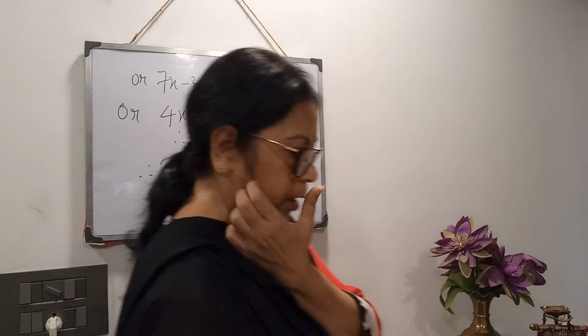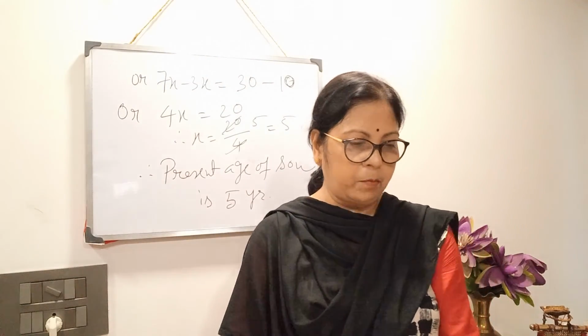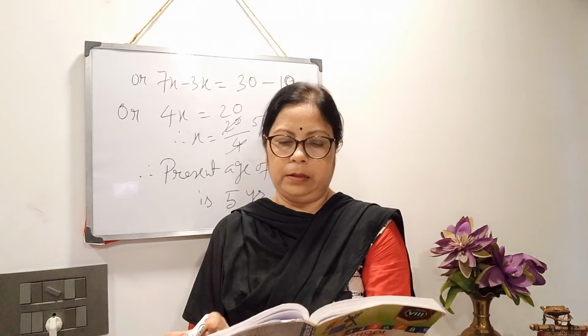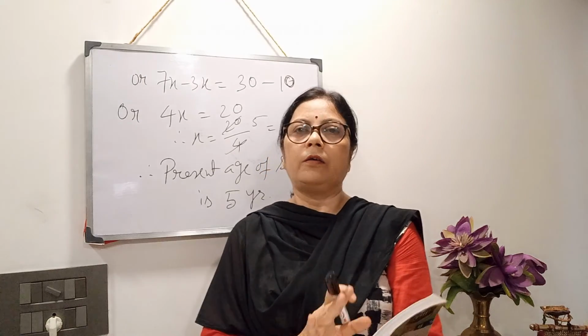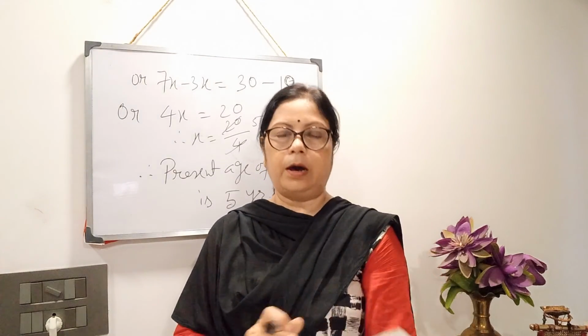So in this way, you will practice all the sums. In the previous videos, you have got the harder sums. What I have started from 50, 49, 48. In this way I have done. And in the last video, you will get some easy sum. One is age related, one is number, and one is money. Clear? So you will practice from this, and in online class, I will explain the other sums.